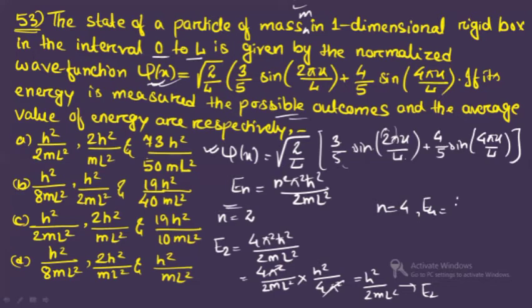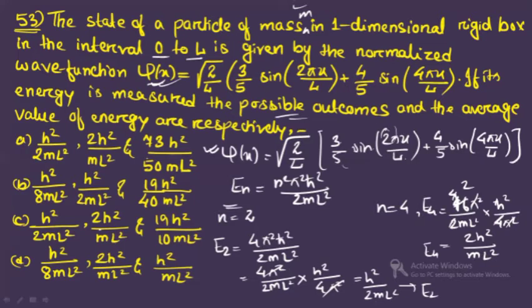So it is 16 divided by 2 m L square, times pi square, right? H cut square is h square by 4 pi square. So if you see here, 4 4s are 16, pi square will get cancelled, right? This is h. And here 2 2s are 4. So finally this will give you the value 2 h square by m L square. This is E4. You are having E4 and you are having E2. So from this you can see E2 is what?